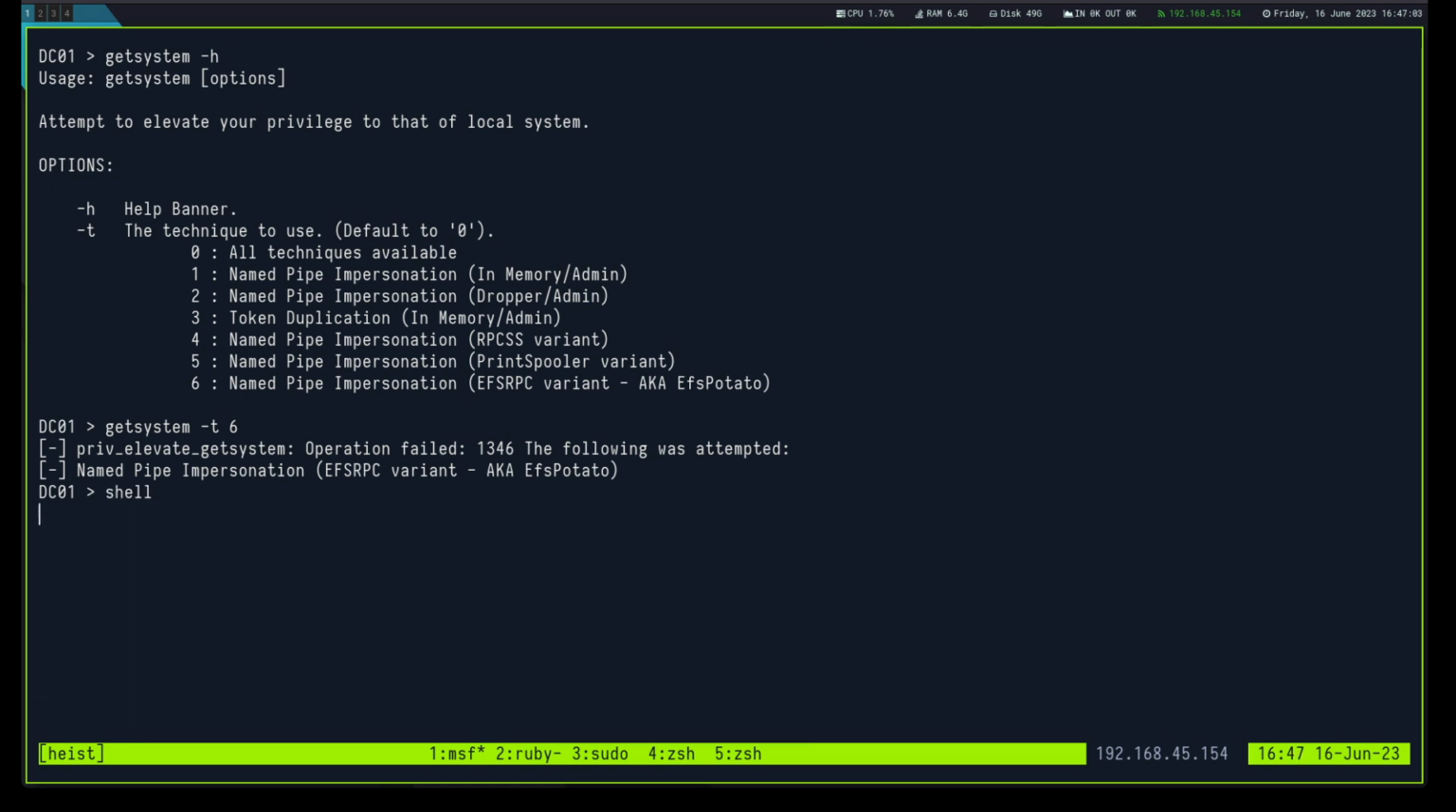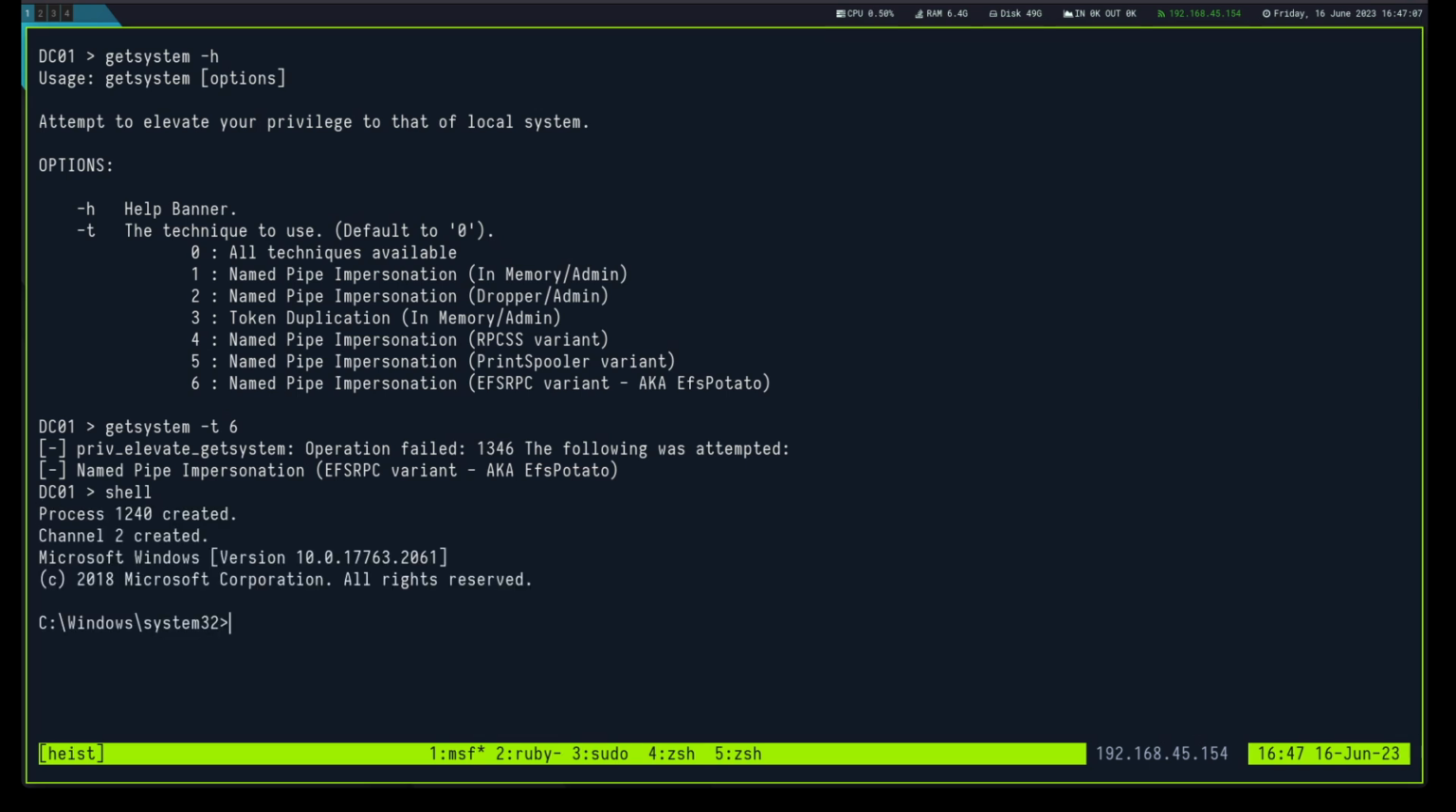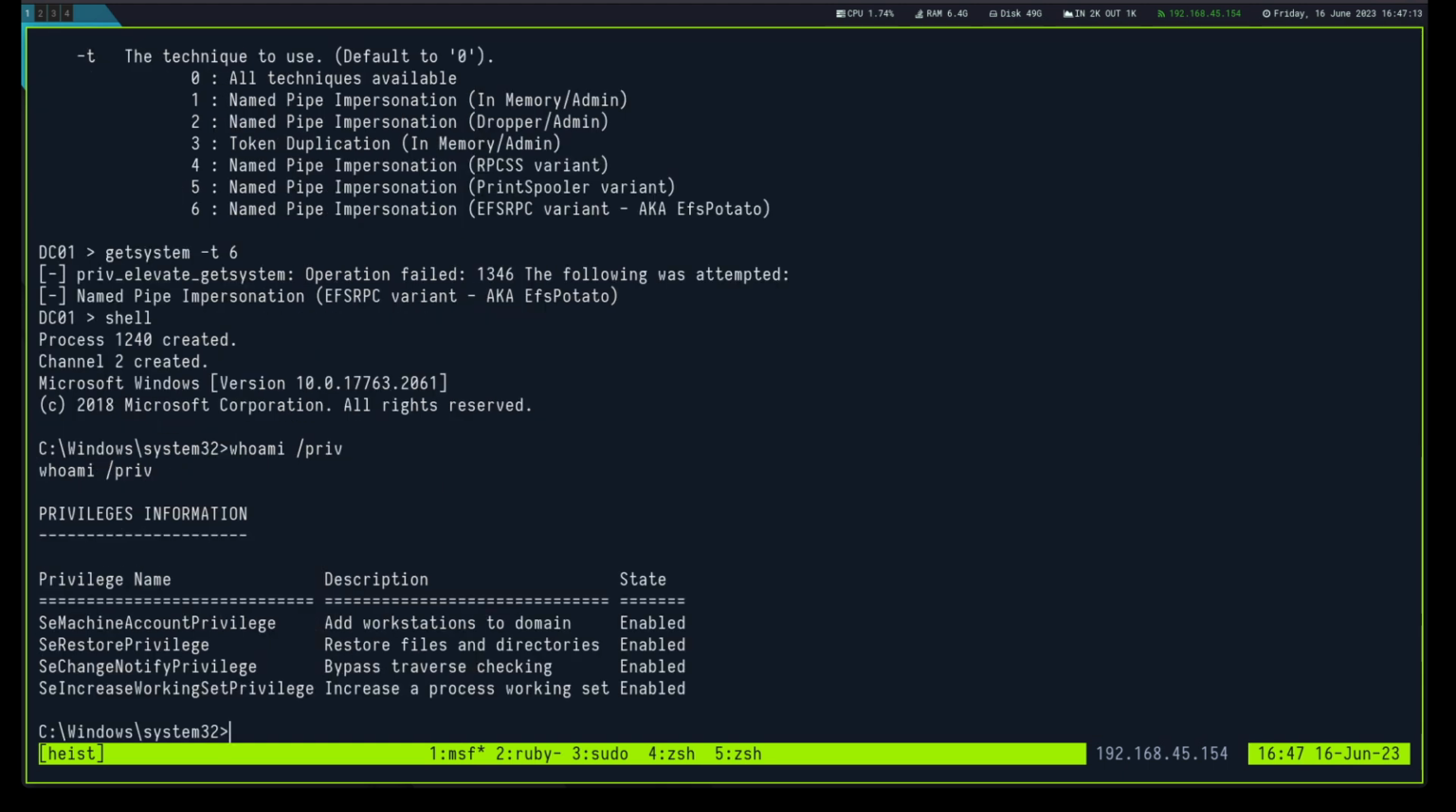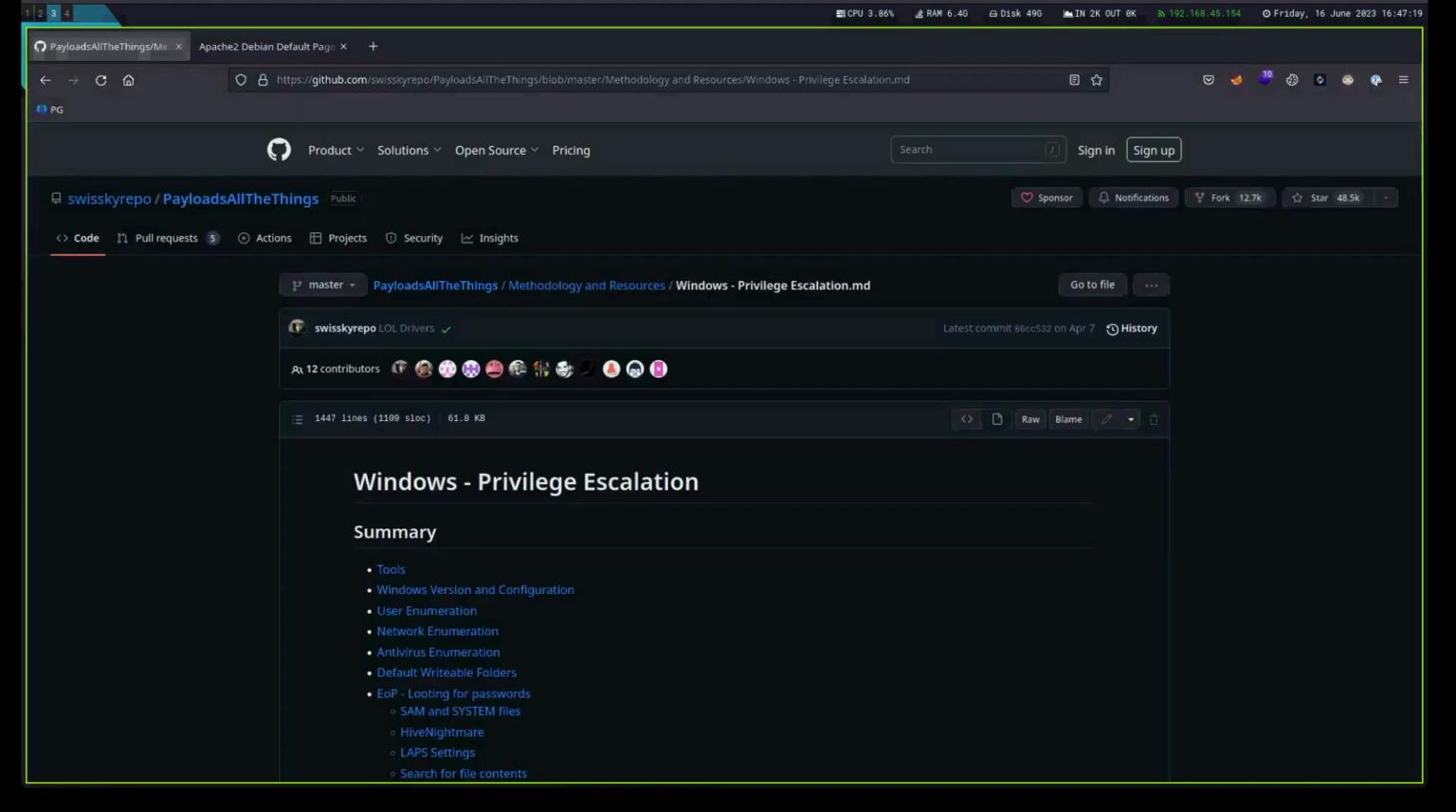Let me just quickly get a shell and get the exact wording we need. And this time I'll just use priv to just get me what I needed. So it's SeRestore, SE, not even C. So let me come back and